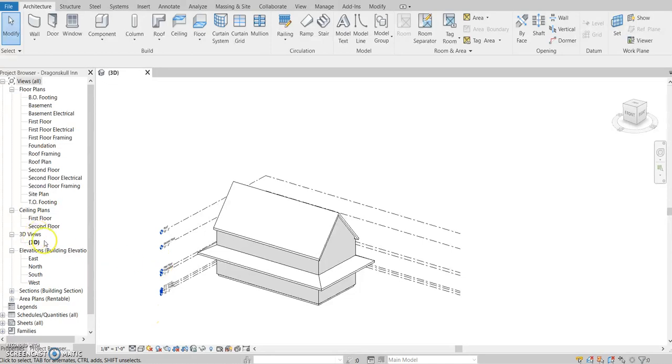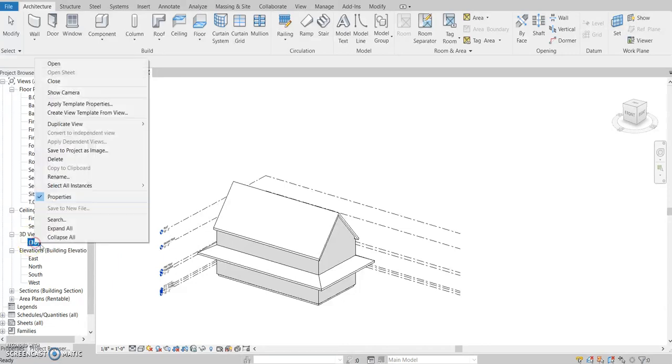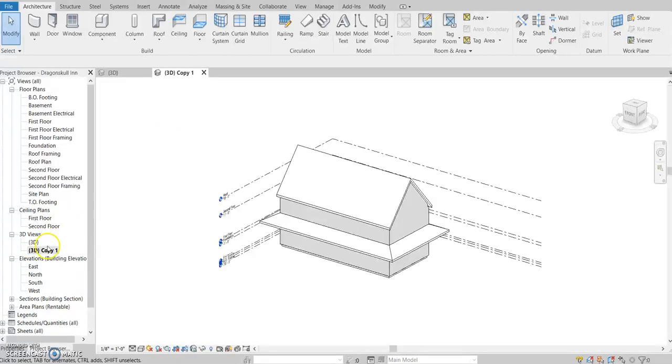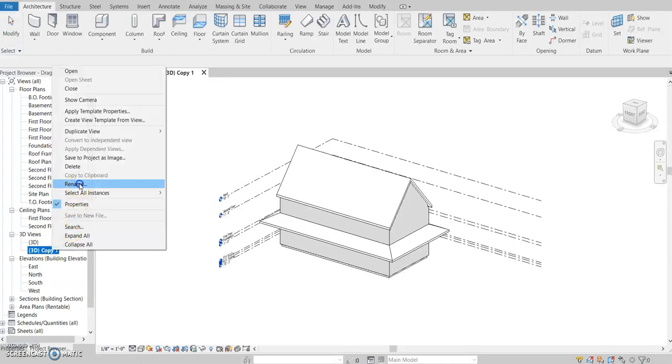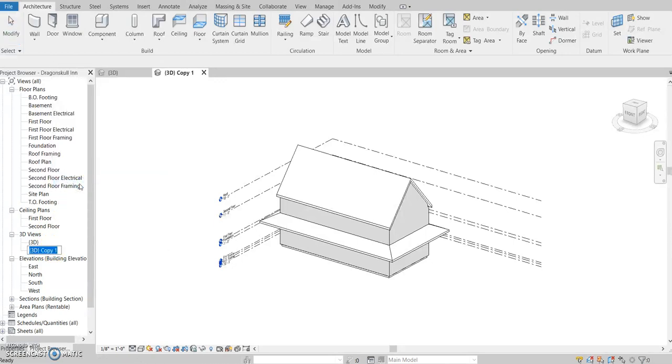So to begin, you want to come over here to your 3D views, right click on it. Actually, click on the 3D view, and then you want to duplicate view, and just duplicate, not with detailing. And then when you do that, you want to rename it to whatever you want. I'm going to name mine Exploded View. Okay. So in your Exploded View,